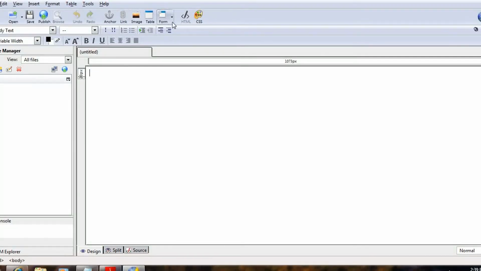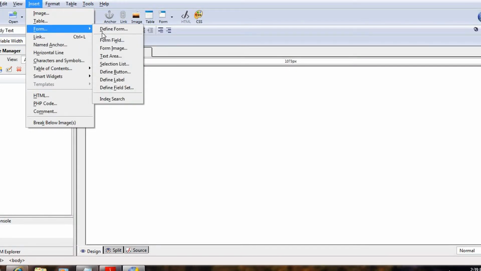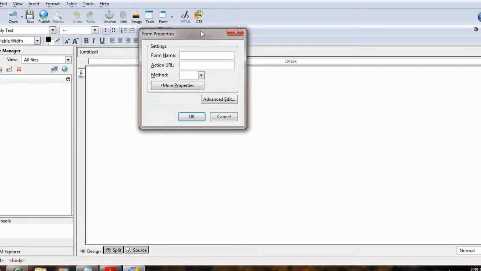See here, I will go to insert form, define form. The name of the form is JS1, URL is js1.htm, and method is get or post, whatever you want.